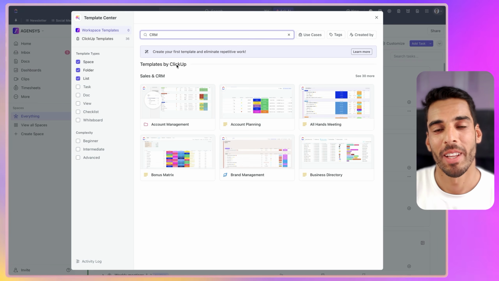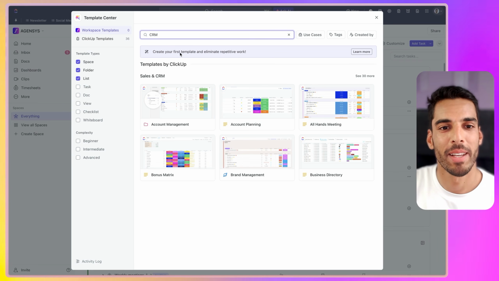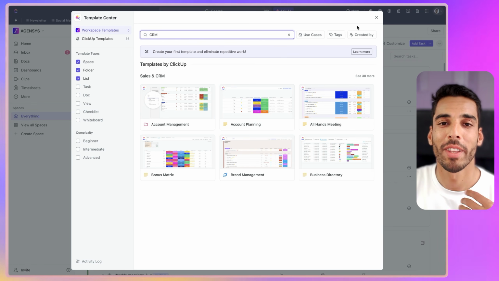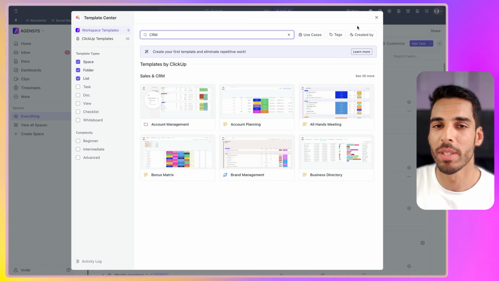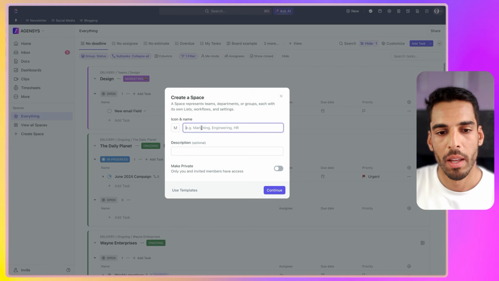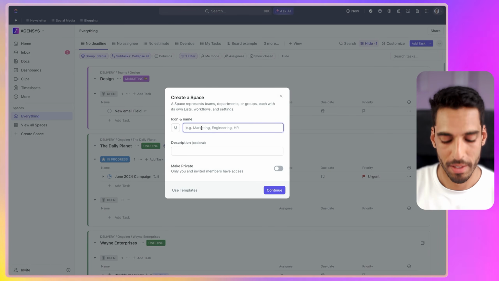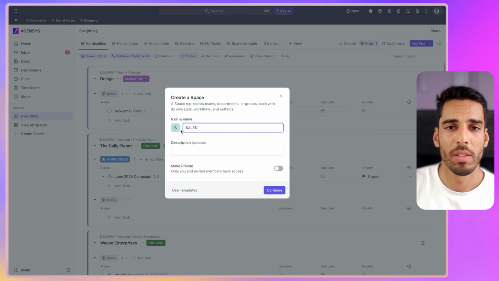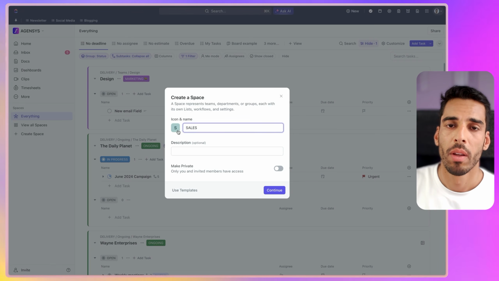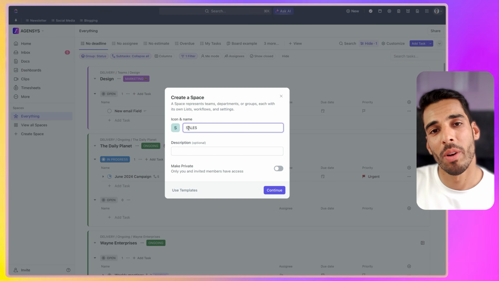I just got back into ClickUp and I'm gonna leave this template center. We're gonna create our own space that's much more tailored to how our agency or business works. So let's leave this and create a space right here, and we're gonna call it sales. You can call it any way you want, doesn't matter. I'm just gonna use sales, it's the most simple. You can call it CRM, doesn't really matter, but this is where we're gonna store all of our sales information